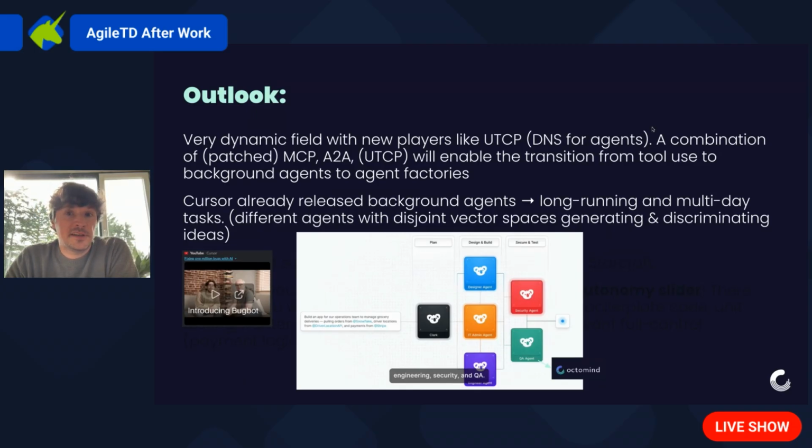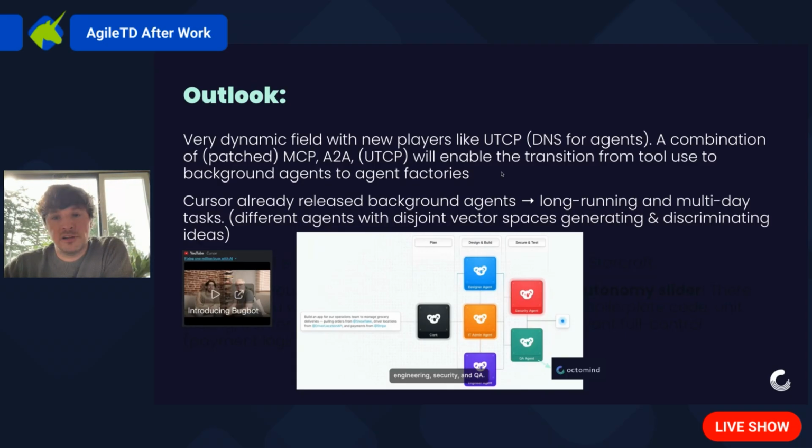And time will tell if they will be the go-to solution for DNS in agentic workflows. And I think a combination of MCP, A2A, improved with band-aids, with patches, and potentially UTCP, depending on its traction,